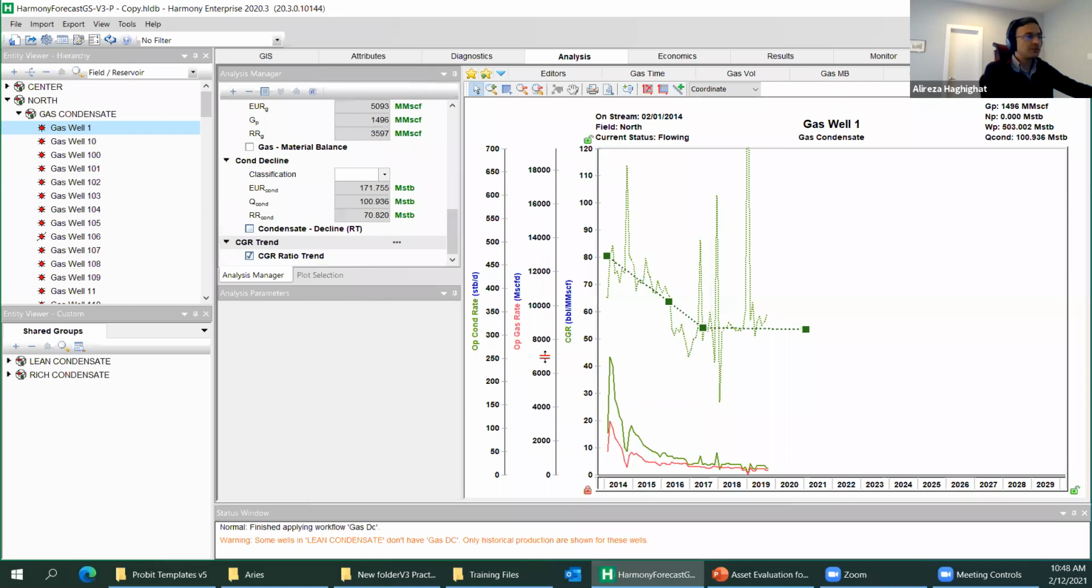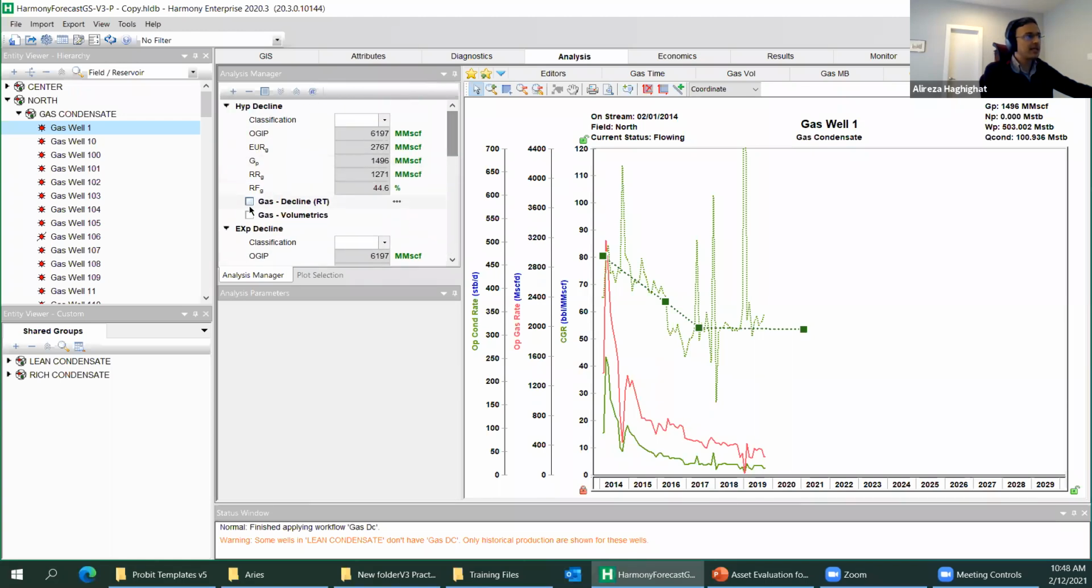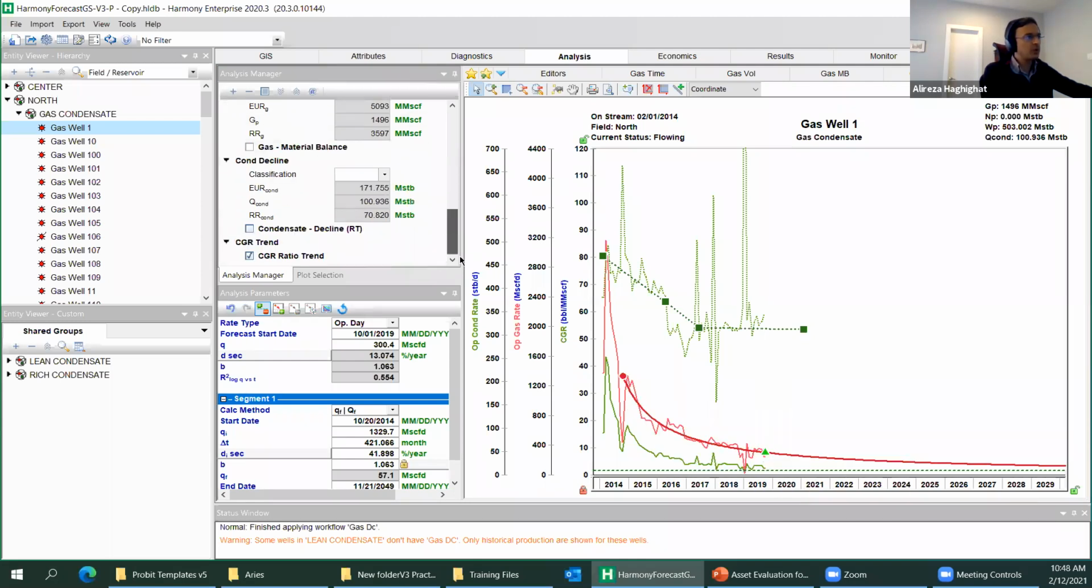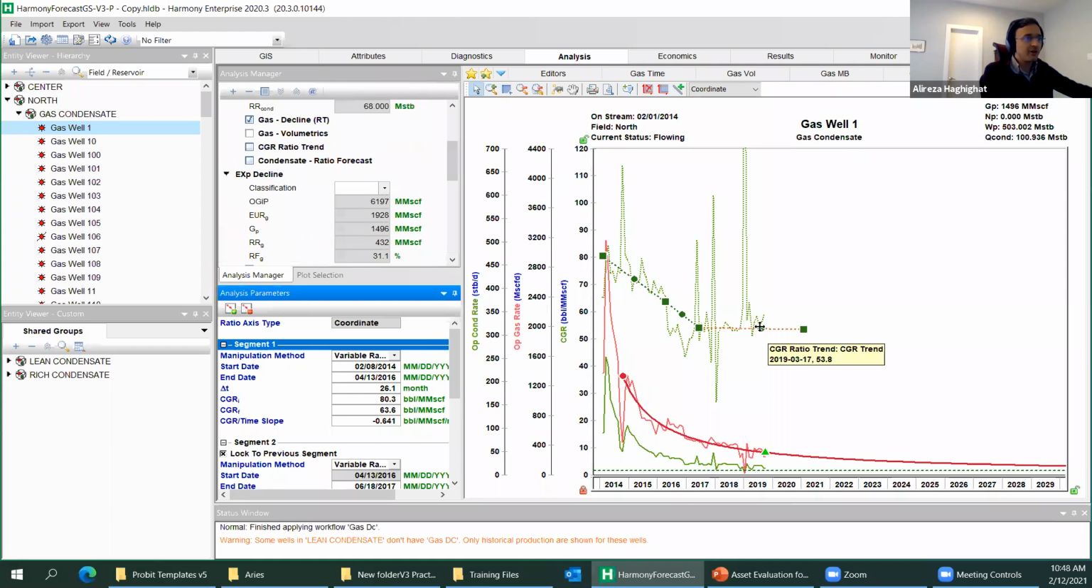What we want to do here is, we have a hyperbolic gas trend. You can see here, we put a decline curve analysis for gas. What I do, I connect my condensate to gas ratio trend with my hyperbolic decline. We are going to multiply this condensate to gas ratio by the gas rate, and we can calculate the condensate